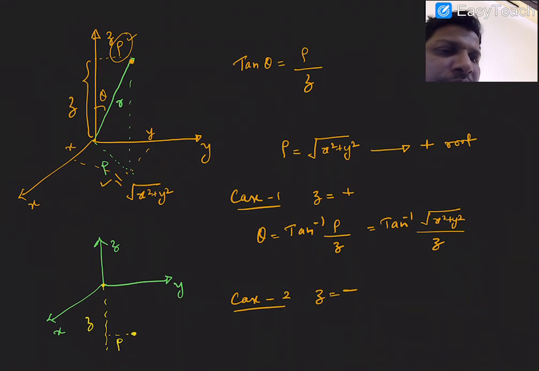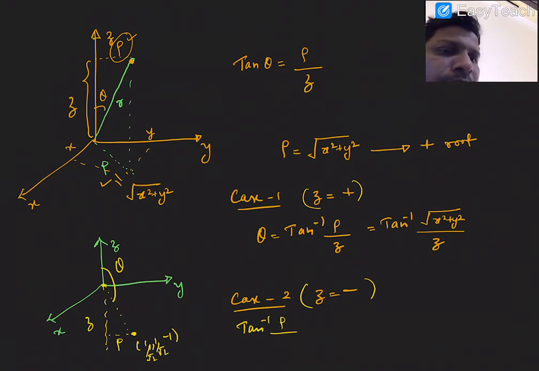Let us consider this point as, let's say, x is equal to 1 by root 2, y is equal to 1 by root 2 and z is equal to minus 1. Now in this case you can see that the angle theta is this much from the z axis. So angle theta is defined from the z axis. But if you take this tan inverse